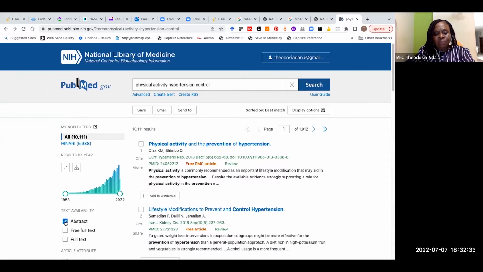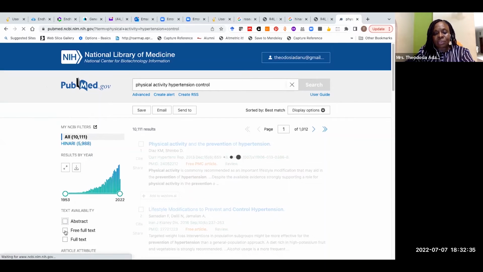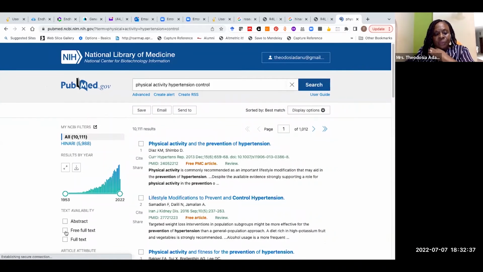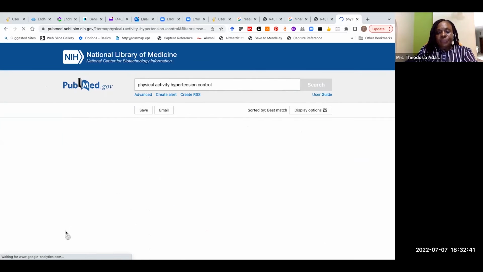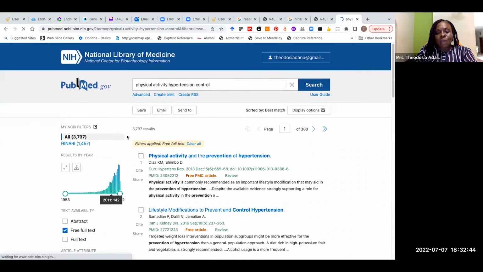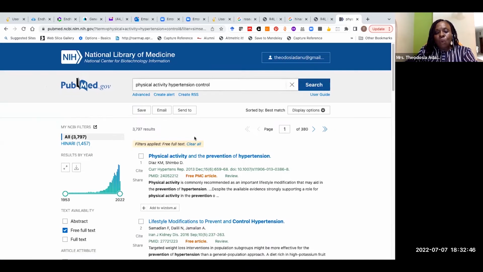Or now let me just make it free full text instead, not abstracts. I'll do free full text, okay? You have 3,000. The good thing about this is that everything here is full text. But the bad thing is that if you select full text, you are not aware of other literature that is not full text.